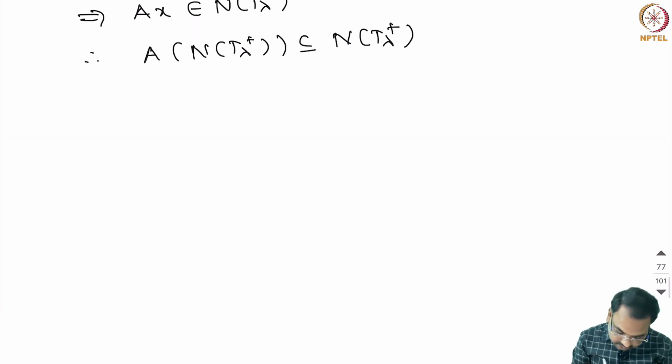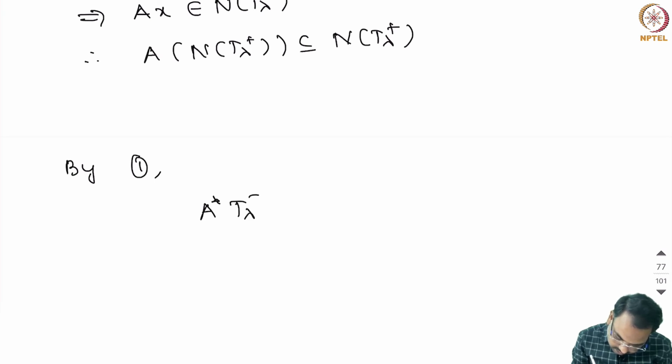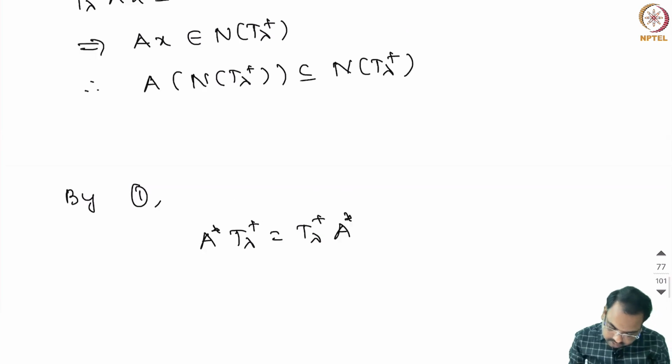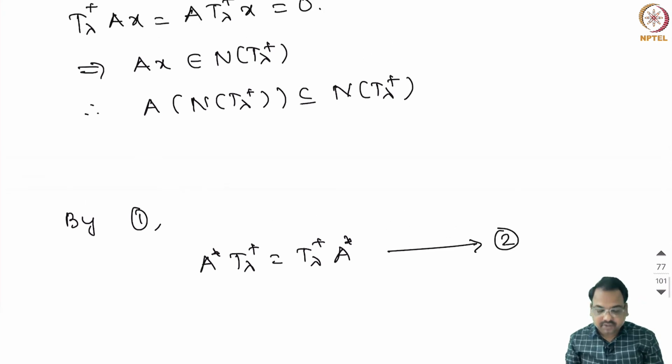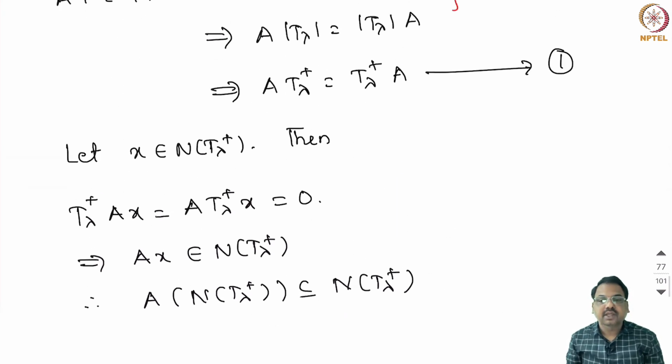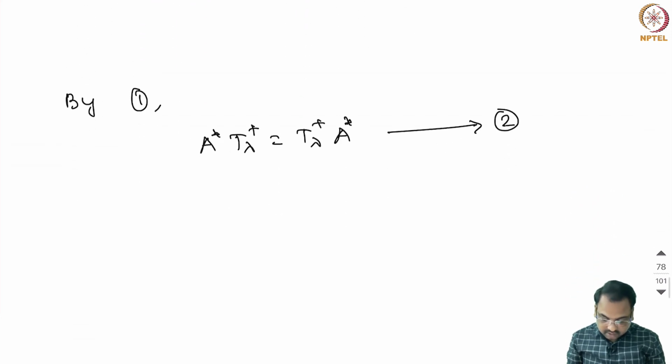So by (1) we can actually show that A* T_λ^+ is T_λ^+ A*. Because T_λ^+ is a positive operator, taking the adjoint on both sides of equation 1, we arrive at this equation 2. Now following the same method as we have done earlier, we can easily show that